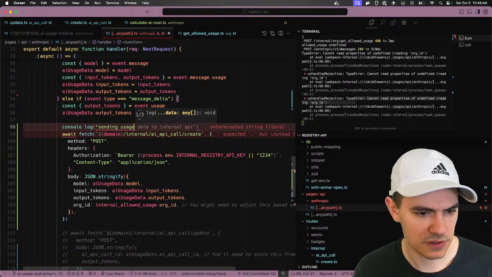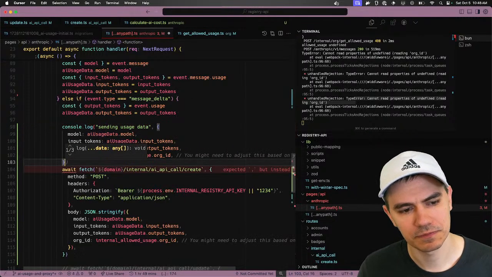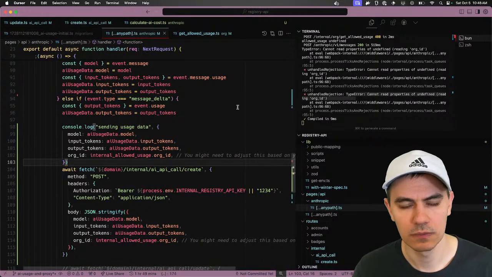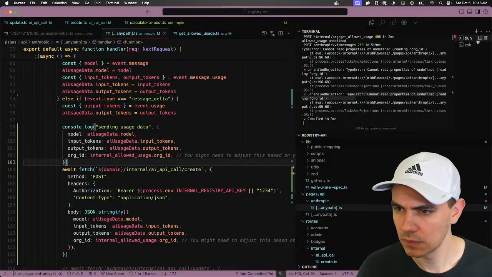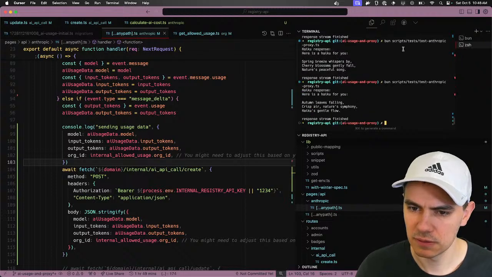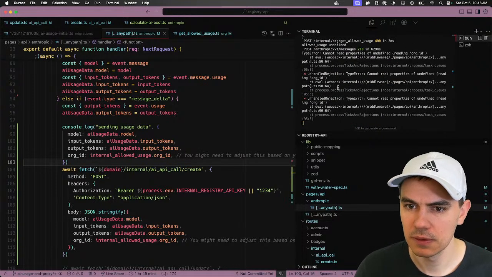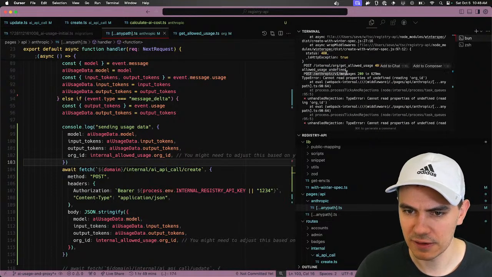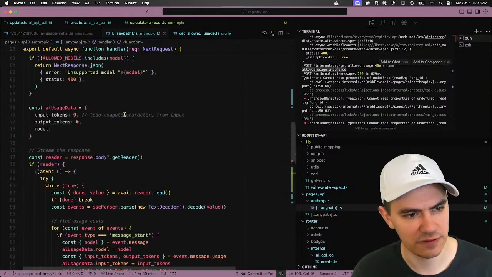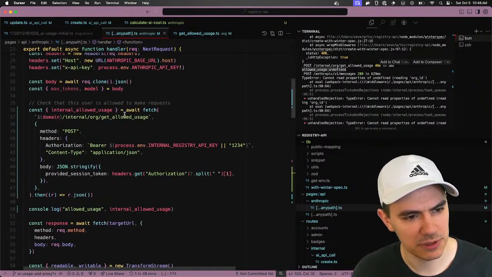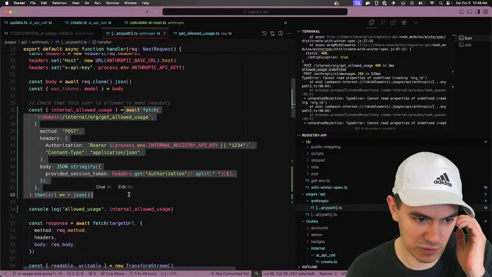Sending usage data. Okay. Run their script. Looks like we never get there. It says allowed usage undefined. So that's, I guess, our first problem. This, for whatever reason, is undefined.